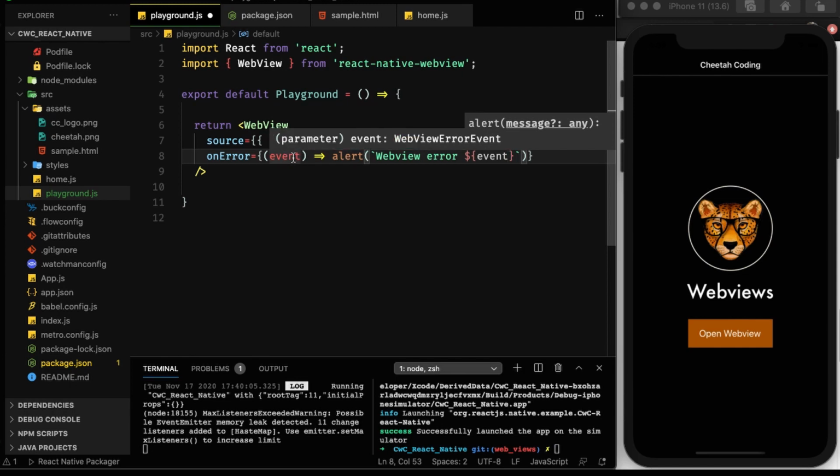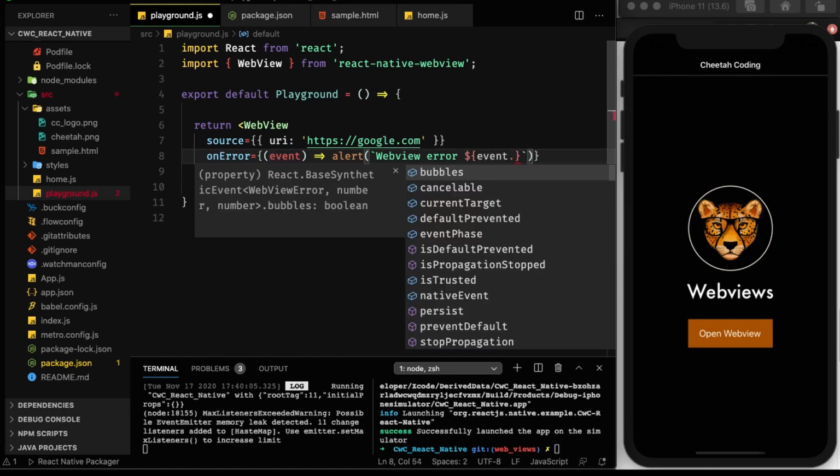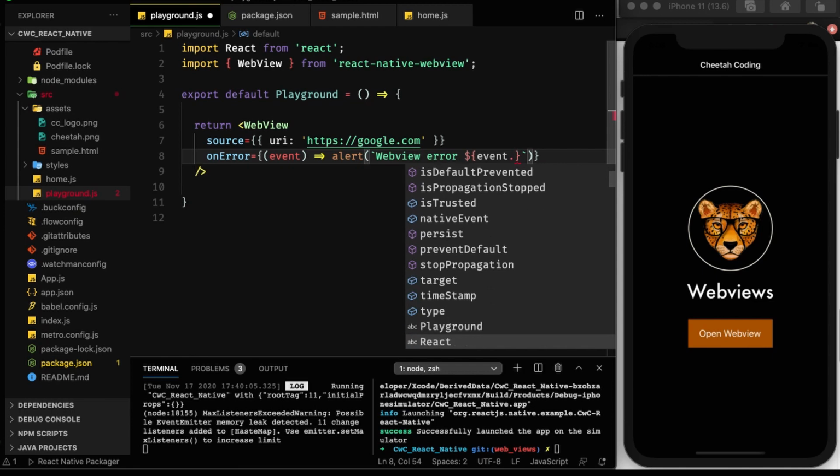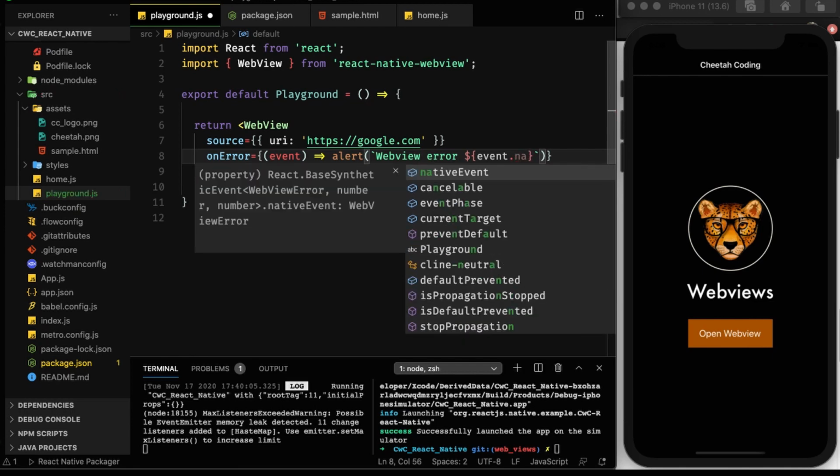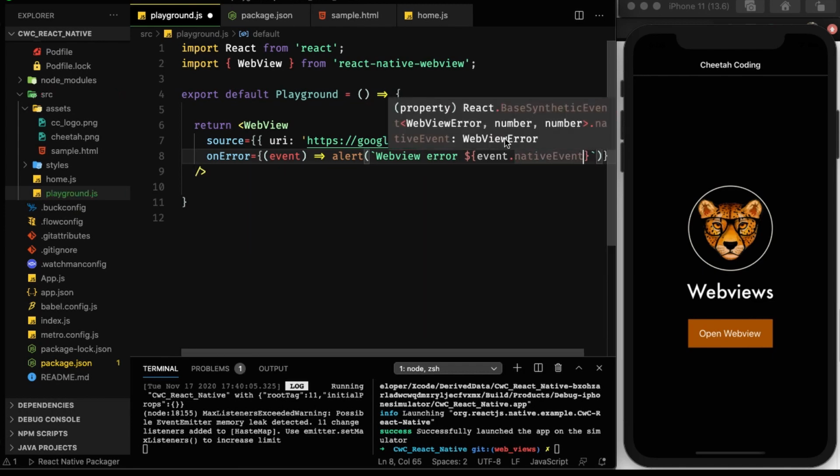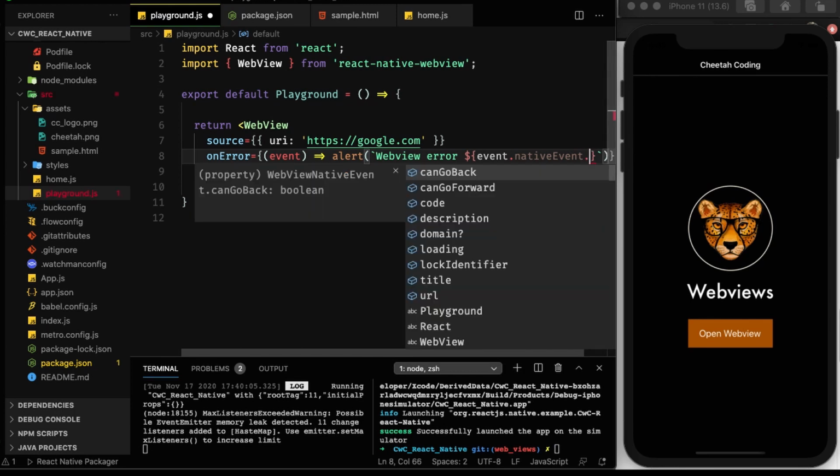So that's not actually what you want to print. You want to print the native event. So you say dot. If you look in here, there's a few different variables that you can use. I want to say native event. This is of type WebView error. So this is actually where you would get your error from right here, like your error string. So we can say native event, and then we can say dot. And then you have a few different options here. You can print the error code, description, URL, etc. So we're going to print the error